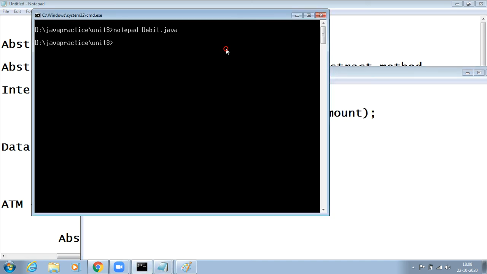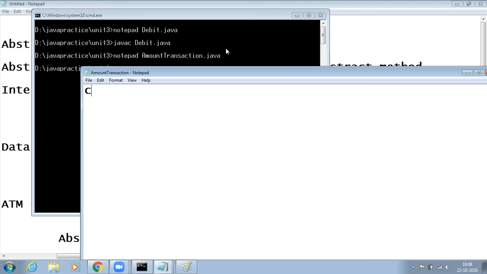Hence again, if we compile this, javac Debit.java, it's done. If you want to use these interfaces, open Notepad and write something, say an example. AmountTransaction is a class I have taken now. What is the class name? Class AmountTransaction. So now if AmountTransaction wants to use these two interfaces called Debit and Credit, as I said, extends